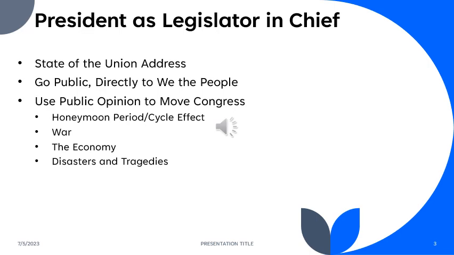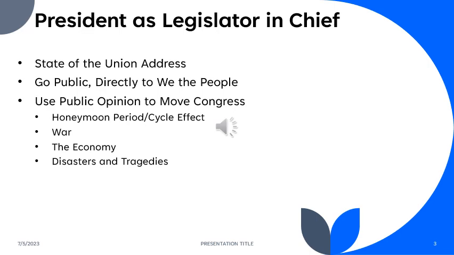On the flippity flip, what if there's a disaster and the perception is that the president has not handled it well? The president's approval ratings will take a hit. Some think that may have doomed Trump's re-election effort in 2020, a perception that perhaps he didn't deal as effectively with COVID as he might have.